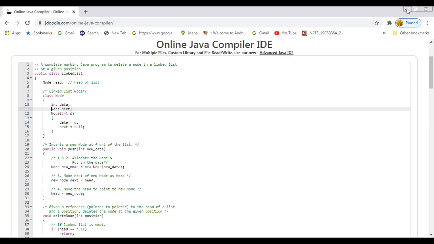Array list, linked list, and vector are all classes. Stack is an enhanced mechanism of the vector class.